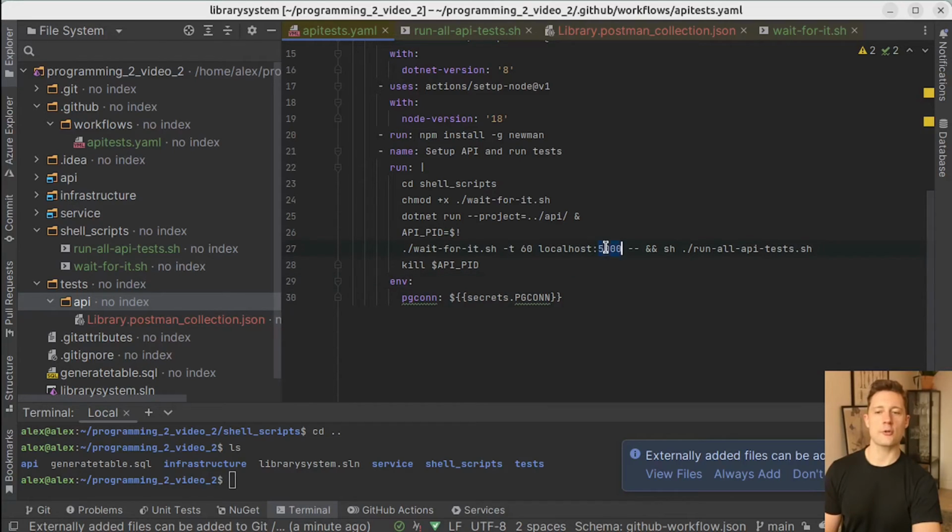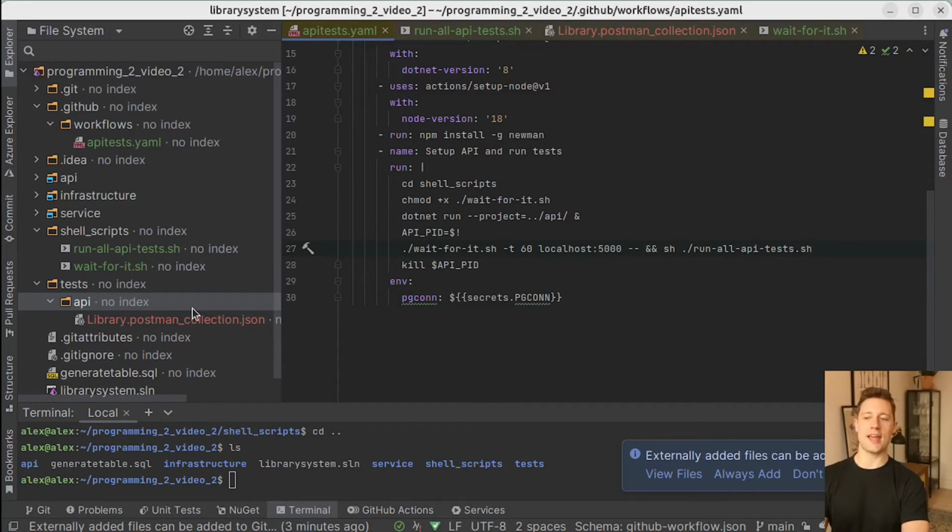And also, if you're not running on localhost port 5000, you should either modify that or modify this address right here. So the program will execute completely normally with the .NET run command. So here you will just find what we call the process ID of the execution. And now we're saying, wait until the program is occupying this port here, and then run all of the tests,